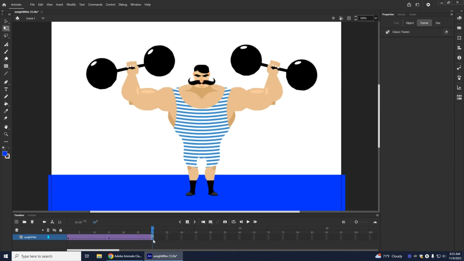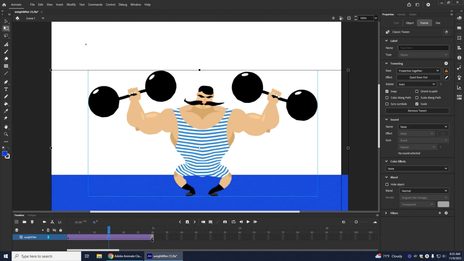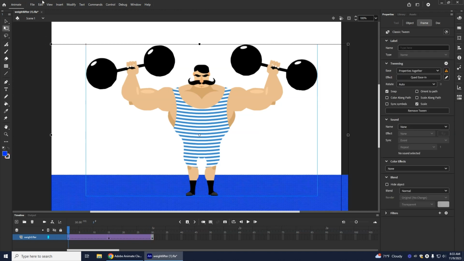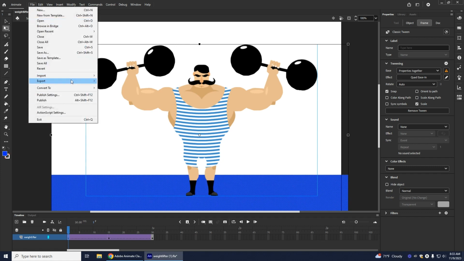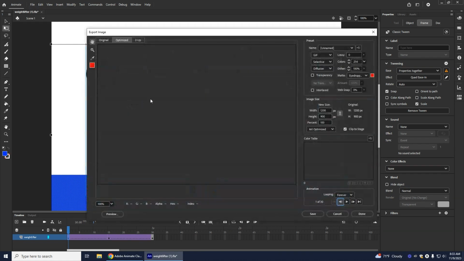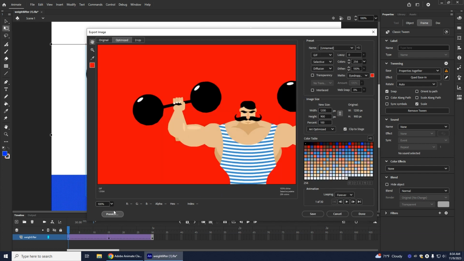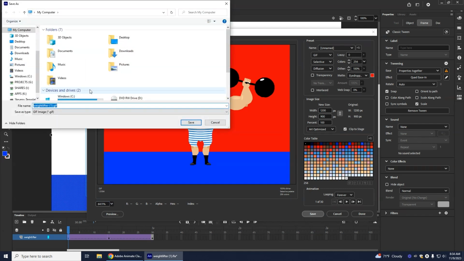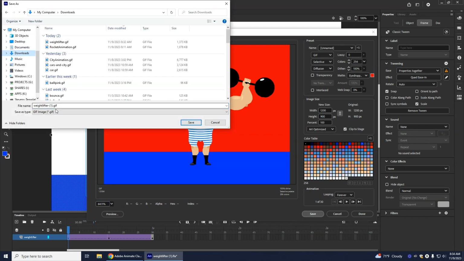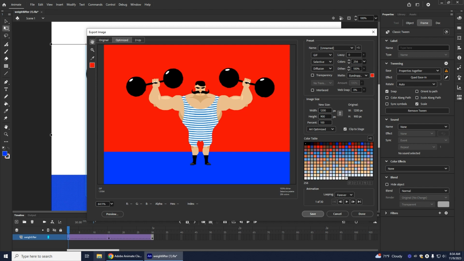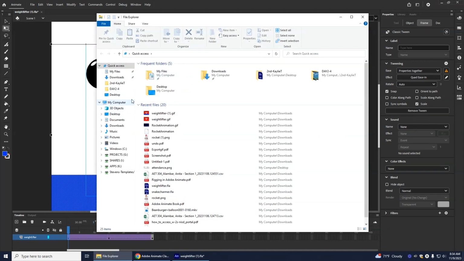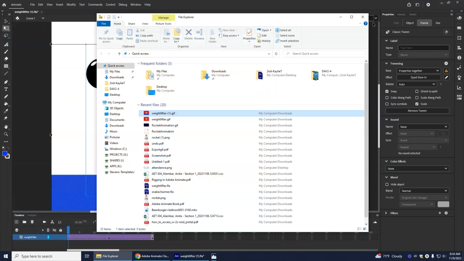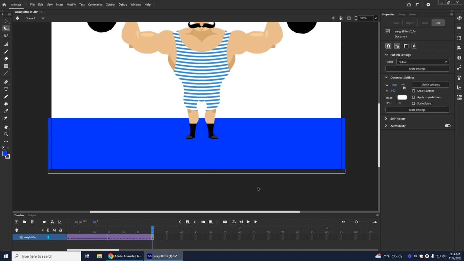So if you waited and did the background at the end, you would have to go and put it on each of these keyframes so that it would show. That's what it would look like there, and click save. And again, you always want to make sure that after it saves that it's going to play. Okay. If you're done with that one, you can go ahead and attach that file,